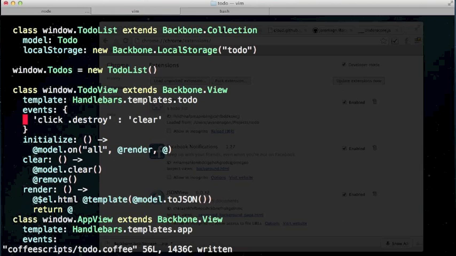So you would put something like .check, or I don't know what the event is for checking or unchecking, but whenever someone clicks on a checkbox, it's going to trigger some event, and you want to capture it here, and then call model.toggle, which we have. And on a larger scale, if you want a way to export your to-dos, you'd probably put that in the app view, with an export button on the bottom, and what that would do is just call toJSON on the entire